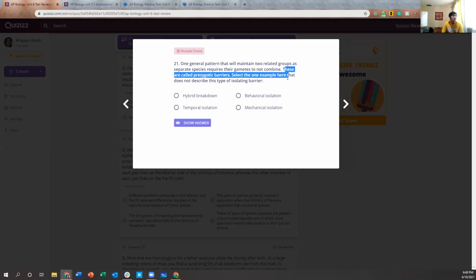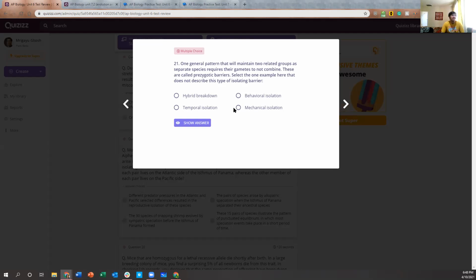These are called prezygotic barriers. We learned about that, right? Select the one example here that does not describe this type of isolating barrier. So we have to remember which ones, this is kind of by definition as well. So temporal isolation is clearly prezygotic because if two species are mating at different times in the year, they can't